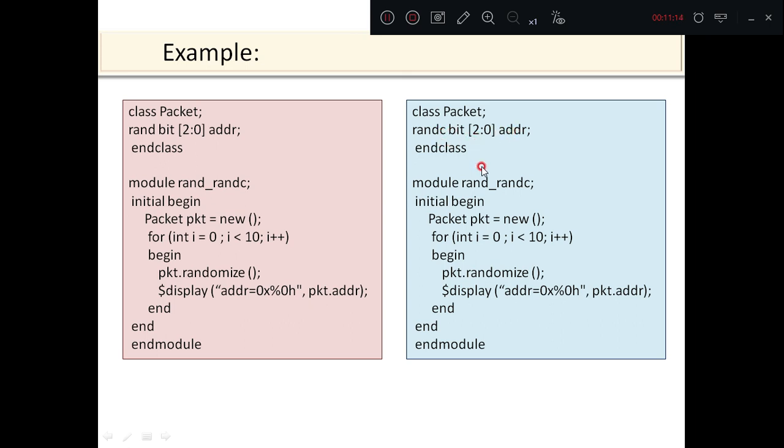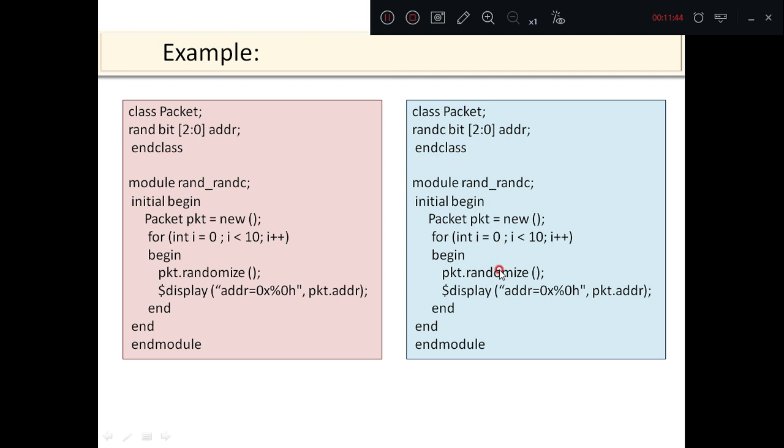Address is again 3 bits, and when this is executed, till all the values between 0 and 7 are completed, the value will not be repeated. Even though the loop is repeated 10 times, the values have to be completed. All the values between 0 and 7 are to be completed. Then only the repetition of the value happens. That is the basic difference between RAND and RANDC.